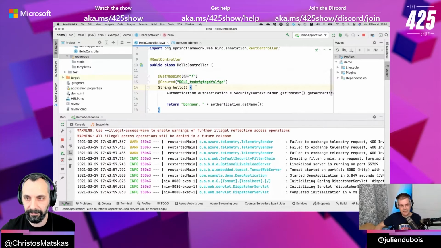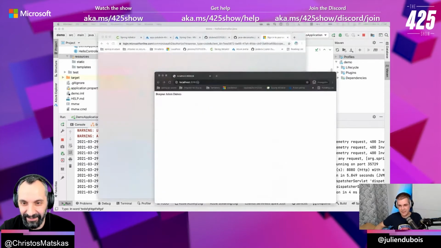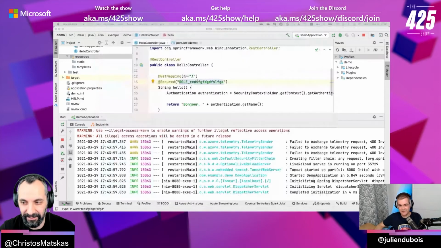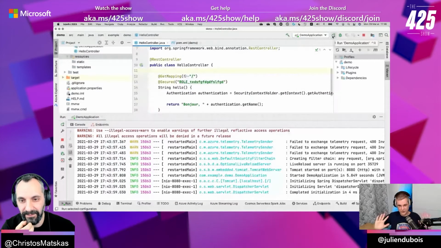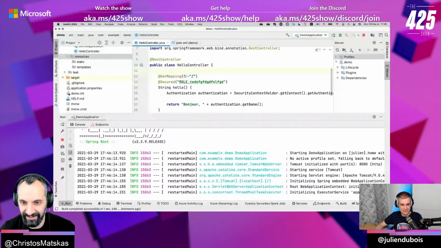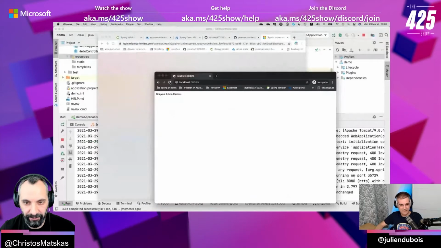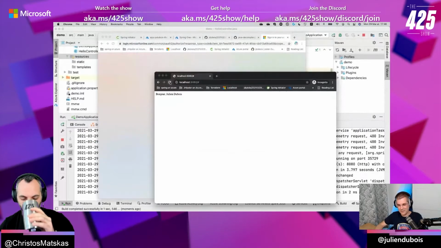Perfect. And so here I'm going to use a role that I don't have. It's not going to work because that's a trick. And I just want to tell it because everybody is going to have the issue otherwise. Let me reload cleanly just to show that it breaks because you don't have the role. And so I shouldn't have access. And as you will see right now, you should get a 403. I have access, which is not good at all.